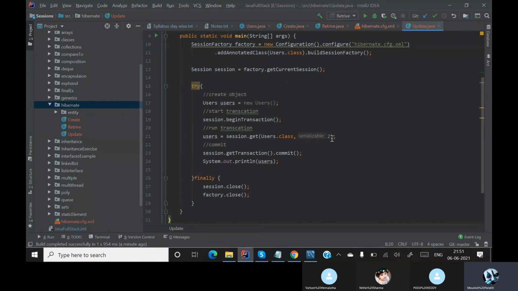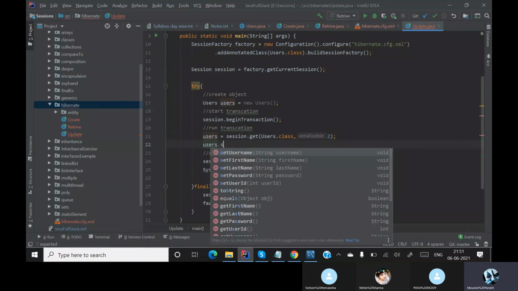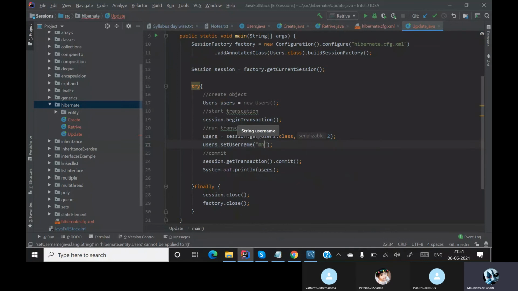First I am getting the data, and I need to update this. Whatever I get on users, I'll simply say users dot, and call my setter method. Whatever I want to set, I'll set it over here. Let me say this is what I want my username to be. Now I'll simply print this.